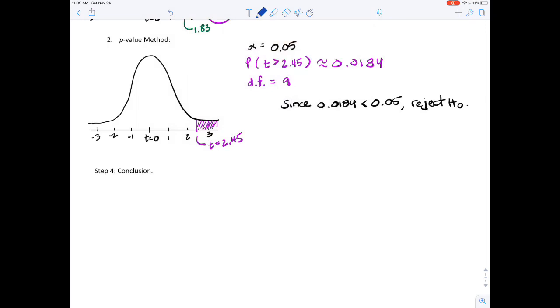We would say that at the 5% level, there is significant evidence to reject the claim